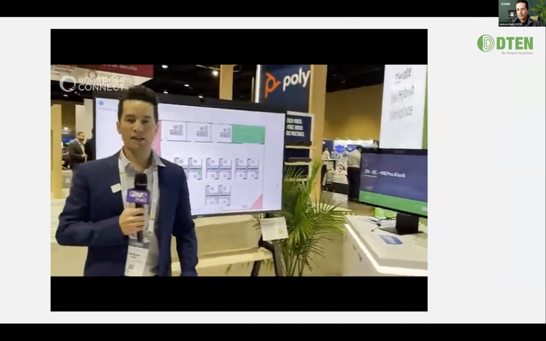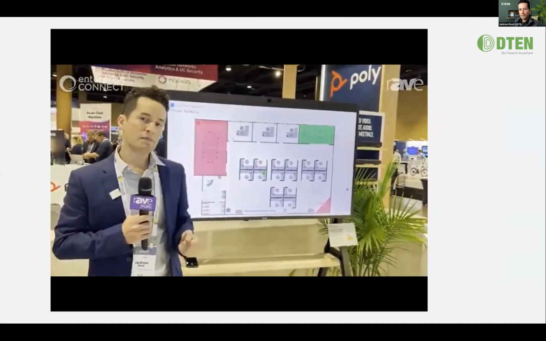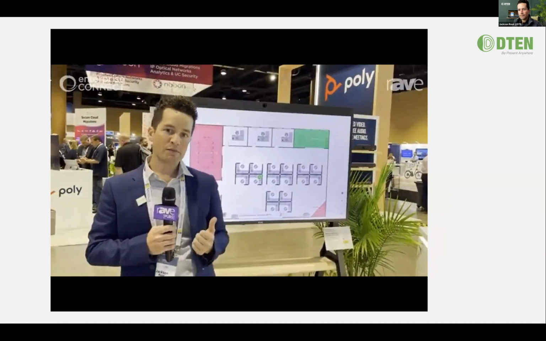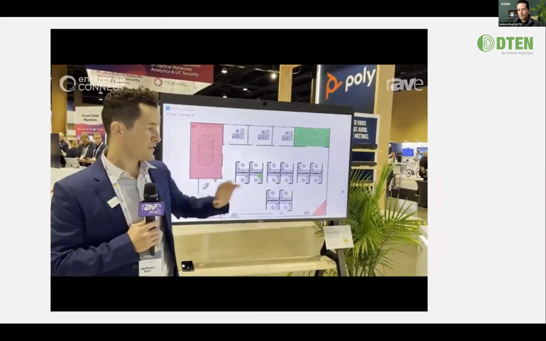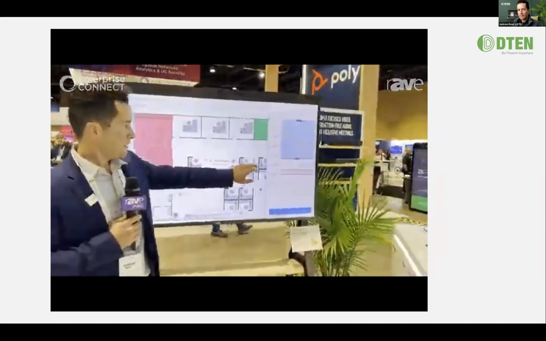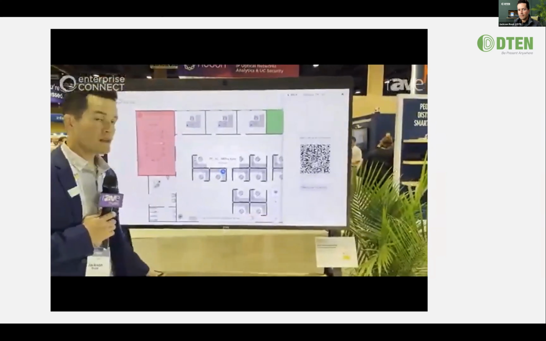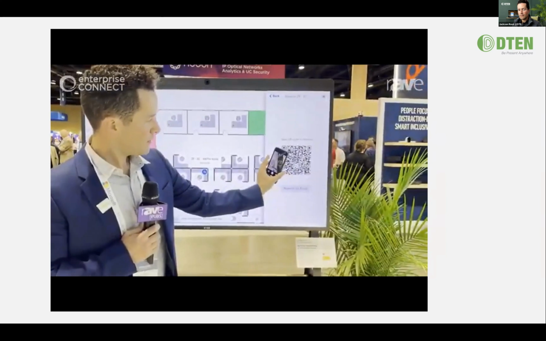Let's say you have a new flexible hybrid office, you've got flexible hot desks, phone booths, and meeting spaces that you're making available to your employees so they can come into the office and check out a space for the day, for an hour, for 20 minutes. It's very easy to use. Simply touch the space that you want to reserve, decide how long you want to reserve it for, and then using your mobile device, you simply scan the QR code,